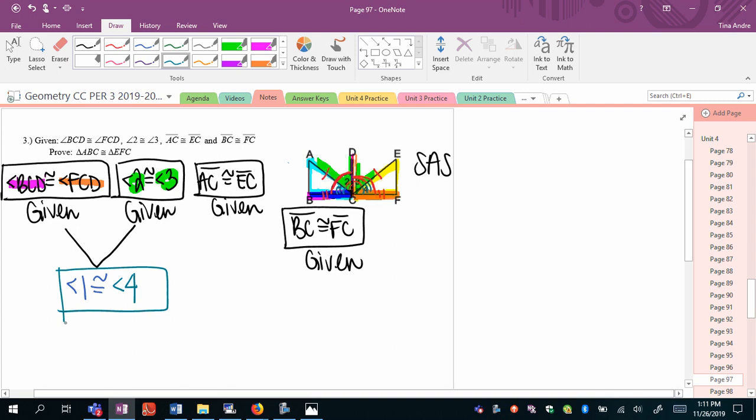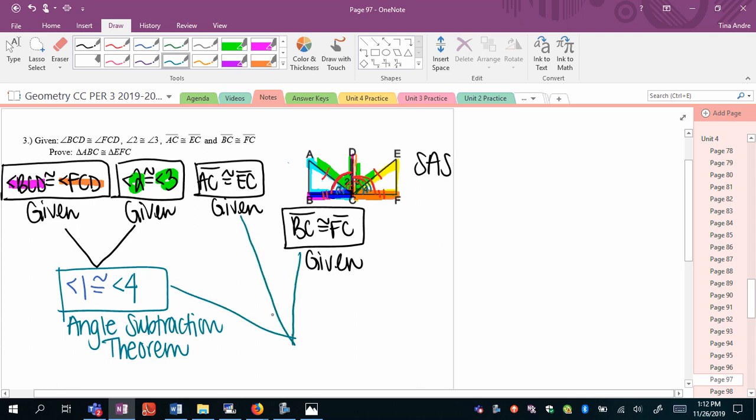But now I can see that this was angle subtraction theorem, because we had the whole things congruent. We subtracted off the parts and got the other parts congruent. And now I can take all 3 pieces. So I have my angles and my 2 pairs of congruent sides. And I can say that the triangles are congruent